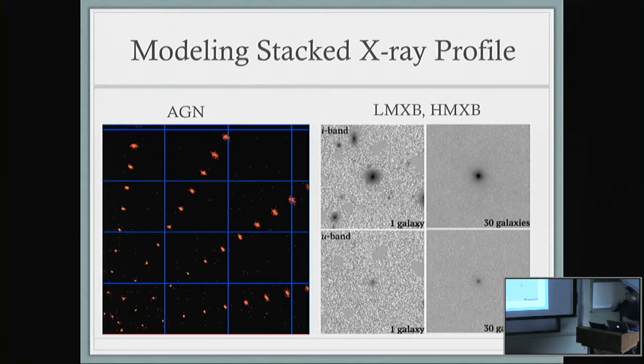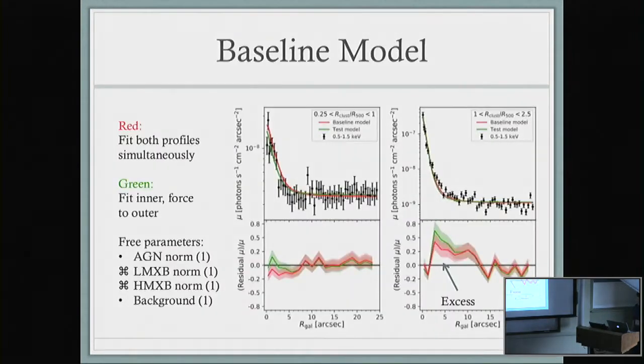And so the idea was we have these three models, our AGN profile, our low mass X-ray binary profile, and our high mass X-ray binary profile, and then we can scale each of these three with just one free parameter. So we can fit the stacked X-ray signal with a model that only has three free parameters, which is the normalization of each of these things. But the shape of the X-ray binary profile ought to look like the shape of the stellar population, if nature's kind. All right, so these are the results.